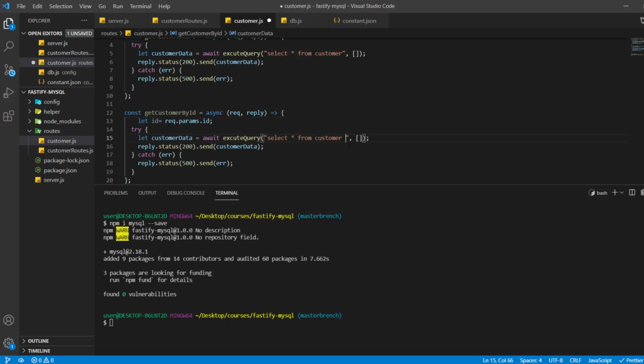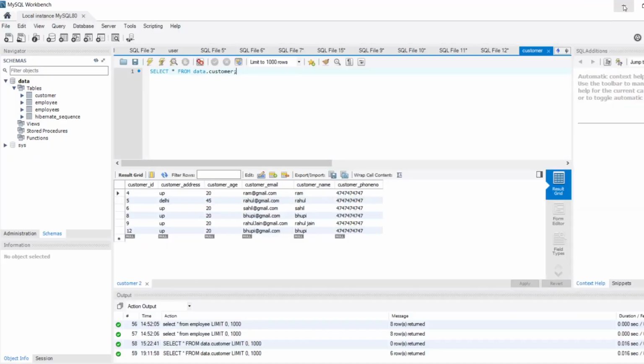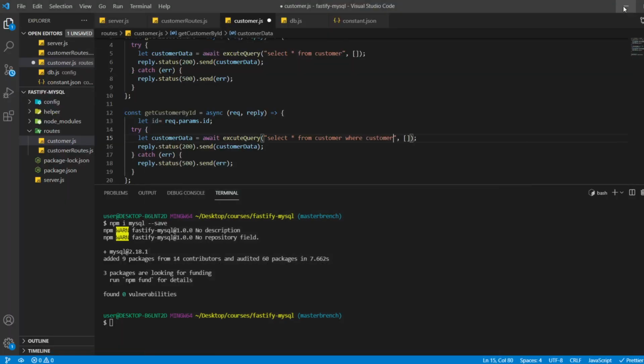Okay, and then we have to select star from customer where I have to check what the ID name is, customer_id. So I have to use customer_id equal to question mark, and we have to pass that ID in this empty array.